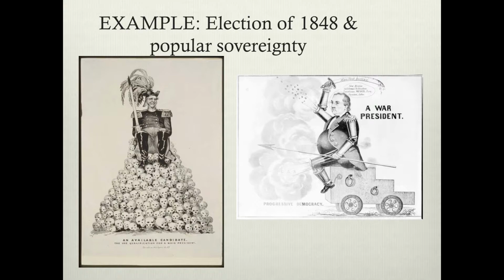Now, the Mexican War is over. James K. Polk was president during the war, and one of the promises he made is that he'd be a one-term president, so he's not going to run again. Plus, his health is extremely bad on top of it. So the Whigs nominate Zachary Taylor. He is a famous war general during the Mexican War. He wins many victories, becomes very, very popular in America.